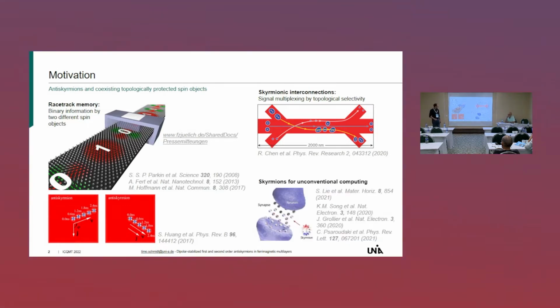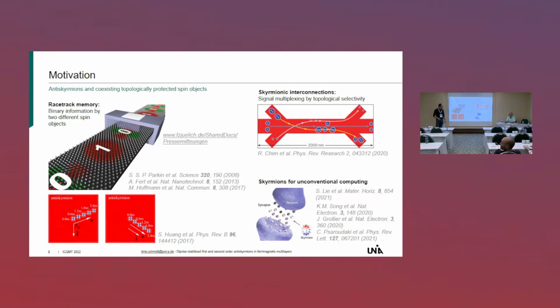And the last point is coming up recently. Skyrmions can be used for unconventional computing, to be more precise, for neuromorphic computing, where you try to mimic the function of a human brain. And there have been applications proposed that can act as neurons and ones that act as synapses, both with skyrmions. And you could also, with that approach to computing, potentially solve a really important issue in computing right now, namely the